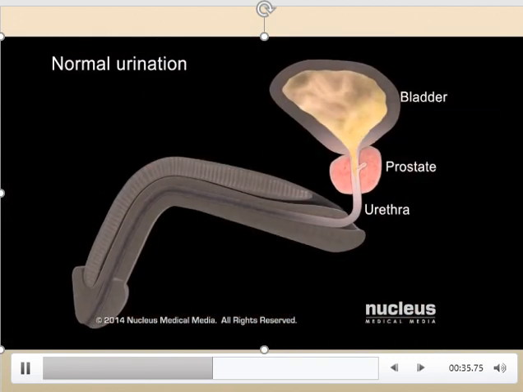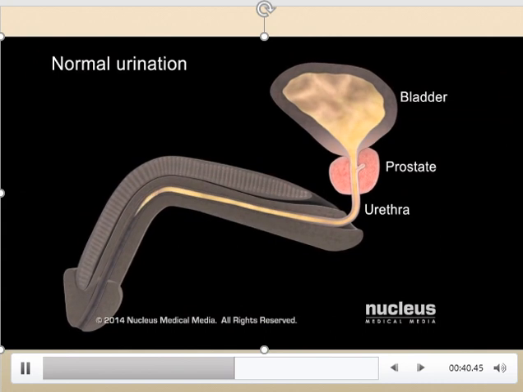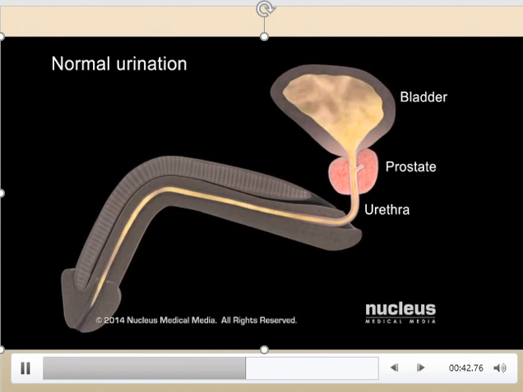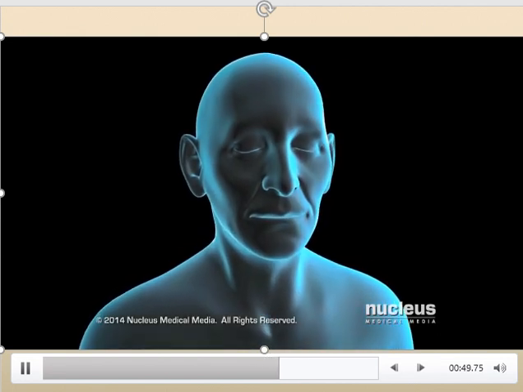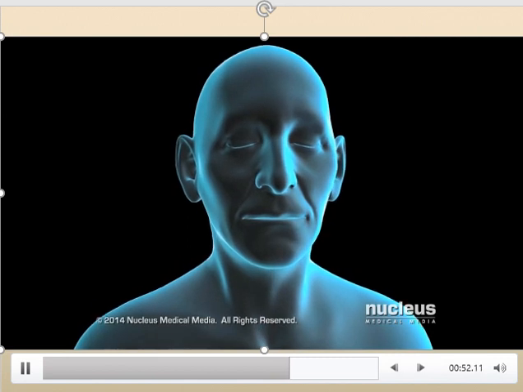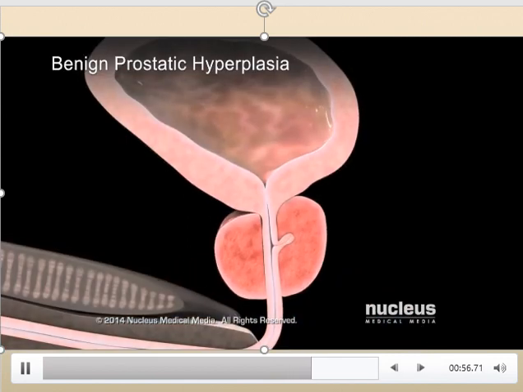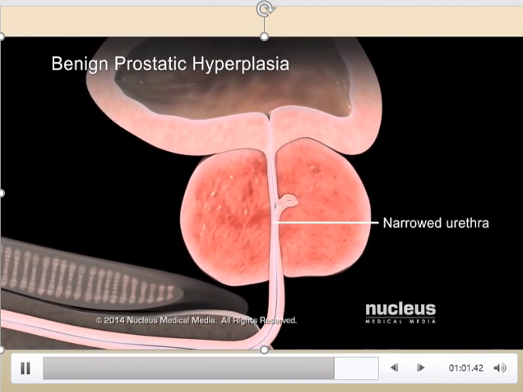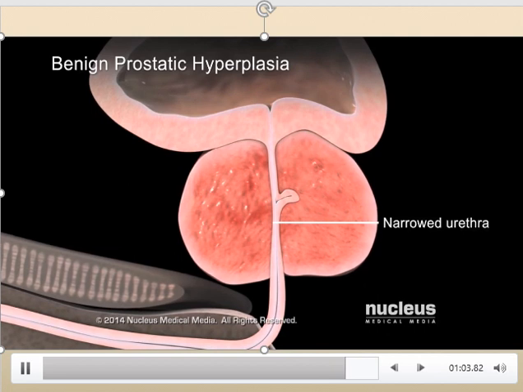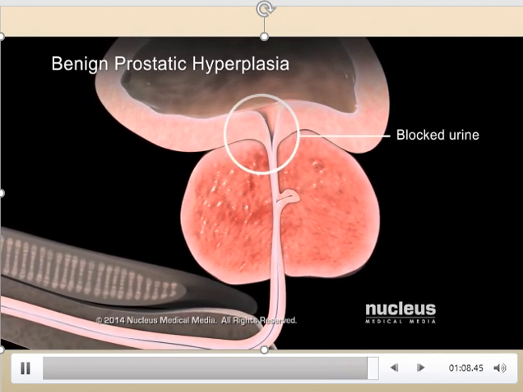During normal urination, urine flows from your bladder through the part of your urethra inside your prostate, then through the rest of your urethra to leave your body. For unknown reasons, your prostate gland may enlarge as you get older. If you have benign prostatic hyperplasia, your prostate may grow large enough to narrow or block the part of your urethra that runs through it. As a result, your enlarged prostate may slow or block the urine flow out of your body when you urinate.